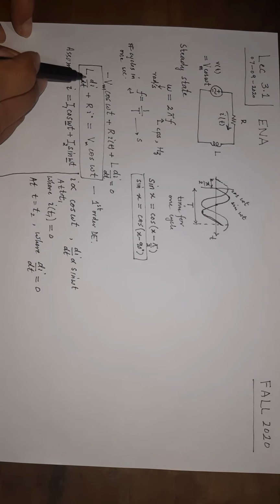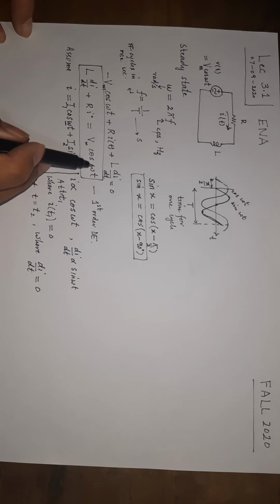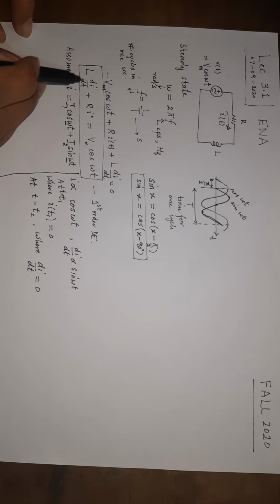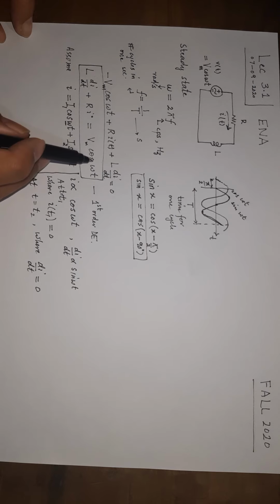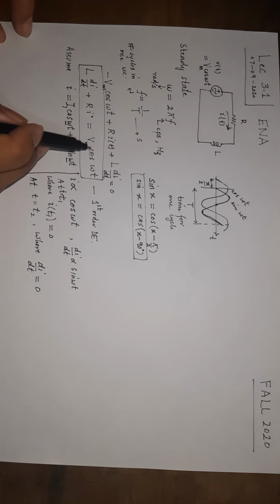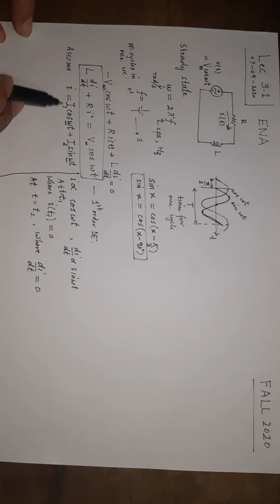So when this is 0, it means di by dt is cosine. Understand? But when this term is 0, this is cosine. But when this is 0, it looks like i is cosine. So at the same time, i and di by dt cannot both be cosine functions. So that is why we have come up with the sum of these two sinusoids, so that their derivative also includes both cosine and sine. So when this term is 0, we get this term. When this is 0, we get this term. I hope it's clear now.